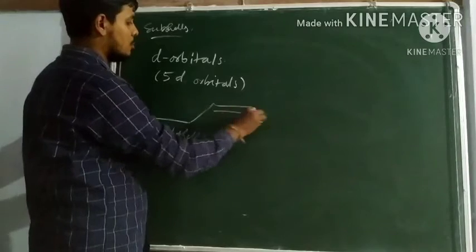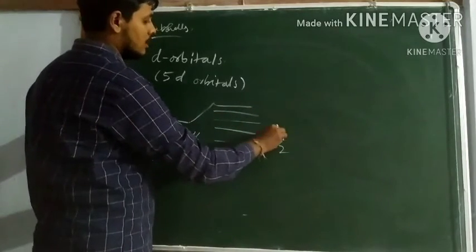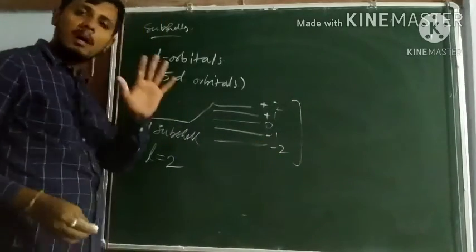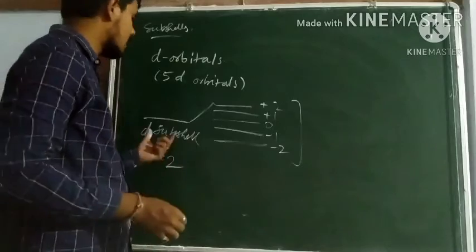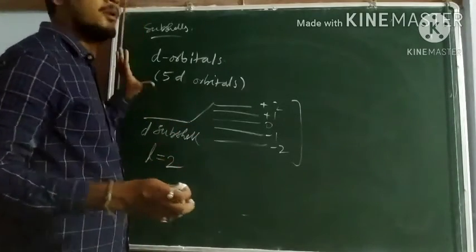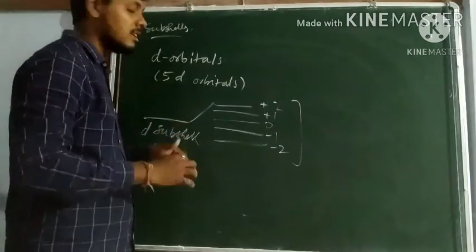5 টা d orbitals থাকিব মোৰ. Okay, so minus 2, minus 1, 0, plus 1, plus 2. So a 5 টা ml value পাম আৰু 5 টা ml value এ 5 টা d orbital বুজাব. So we will check what are those d orbitals. Okay, so ইয়াৰ পিছত আমি এই d orbital এটা কি কি we will discuss that.